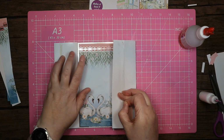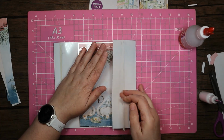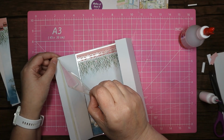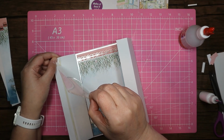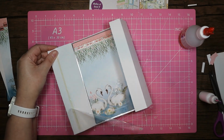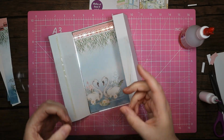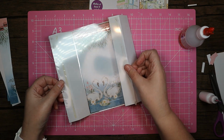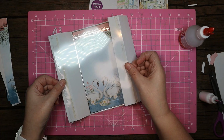I might have overshot it with this. We have, so I've put that in the wrong place. That's what the problem is. Let's see if I can. Oh, it's been acetate. It's coming off quite nicely, so let's just pop that